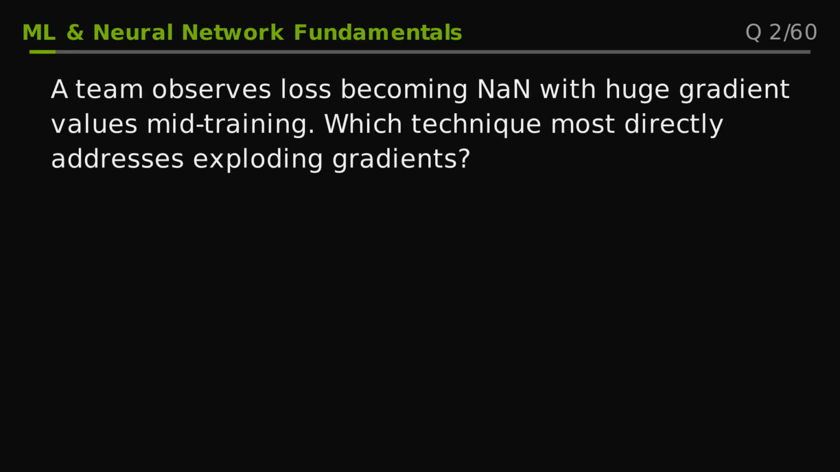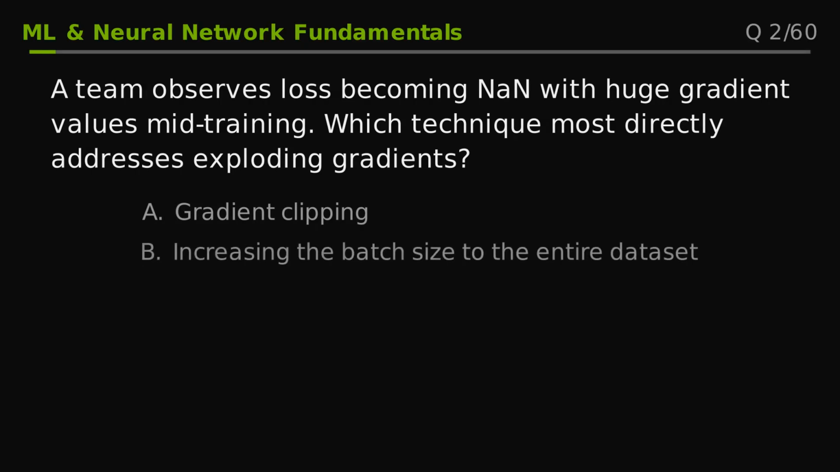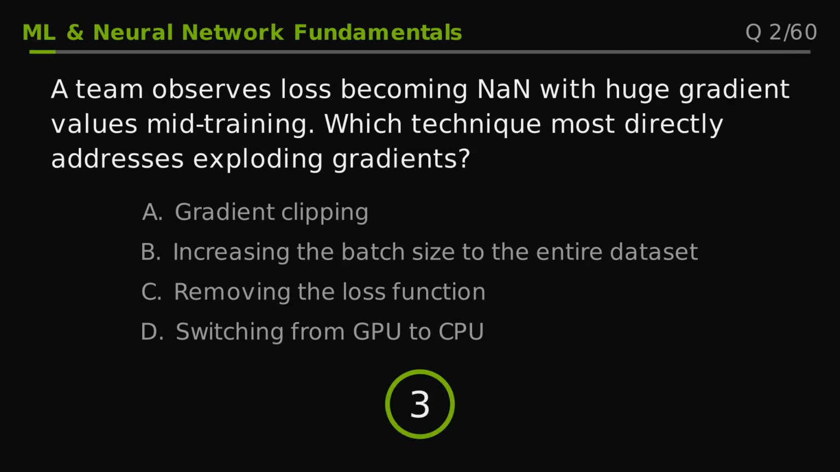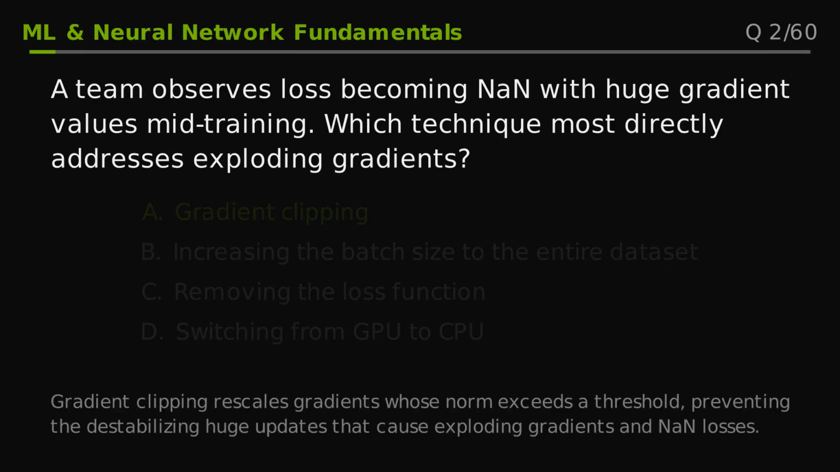Question 2. A team observes loss becoming NaN with huge gradient values mid-training. Which technique most directly addresses exploding gradients? Option A. Gradient clipping. Option B. Increasing the batch size to the entire dataset. Option C. Removing the loss function. Option D. Switching from float32 to int8. The correct answer is A. Gradient clipping rescales gradients whose norm exceeds a threshold, preventing the destabilizing huge updates that cause exploding gradients and NaN